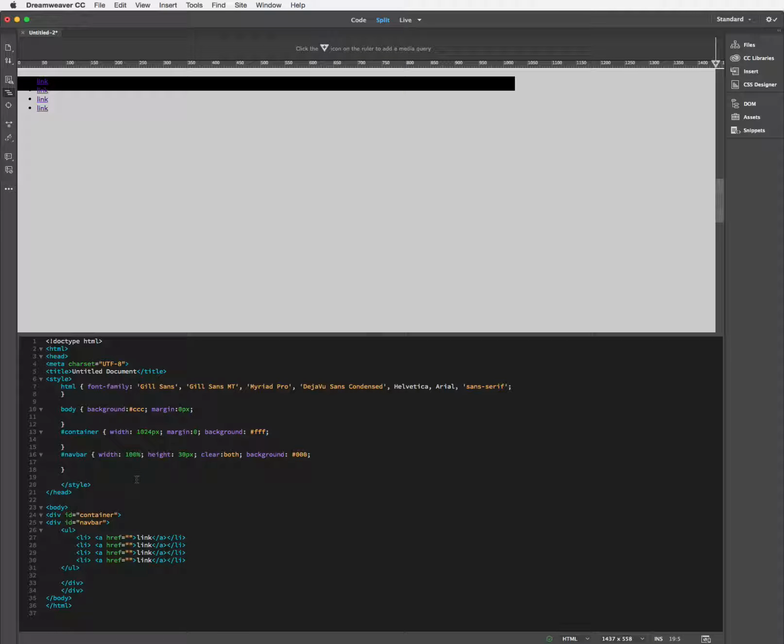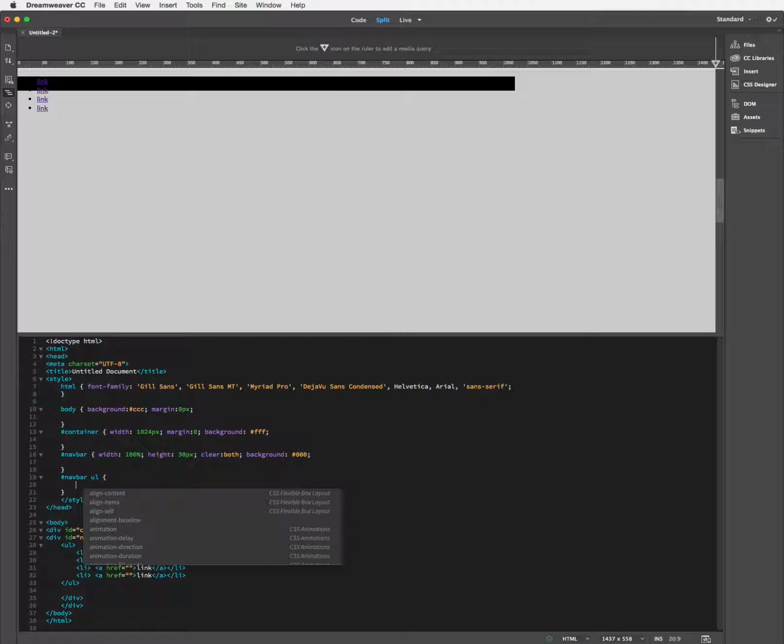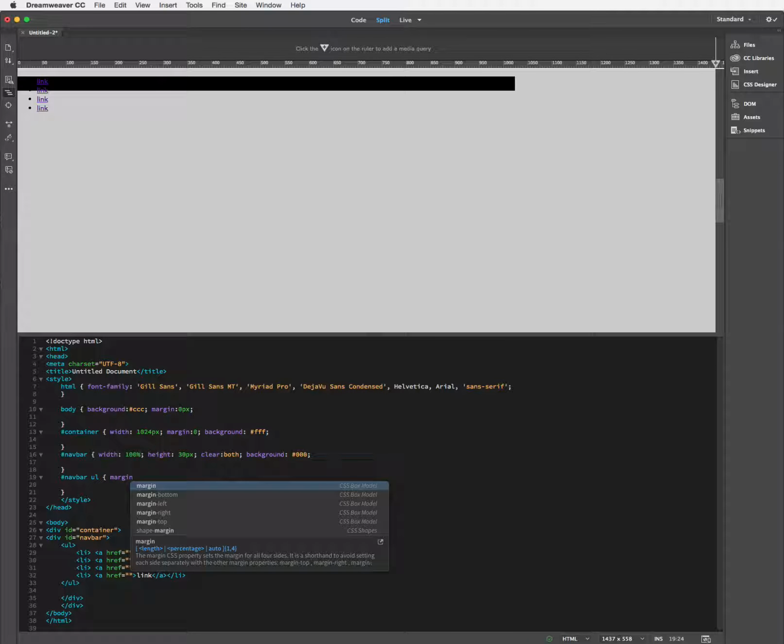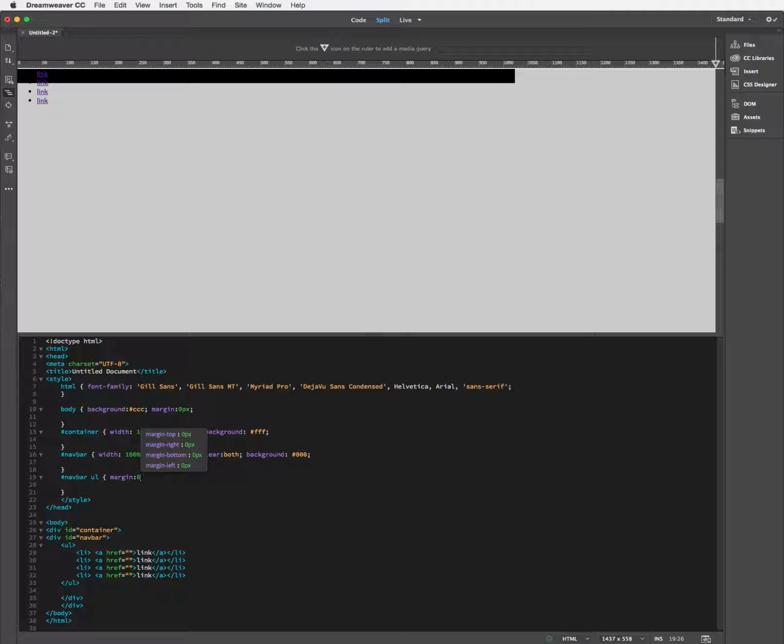So if I wanted to style that, like I said, I don't normally go back and forth, but if I want to start styling, I just put in those UL tags. So what I can do, type another hashtag because this is something that I only want to apply to the nav bar. And this is a nav bar specific thing for UL, curly tags, hit return. And I'm going to put in margin, margin 0 so that it's bumped up against the top,